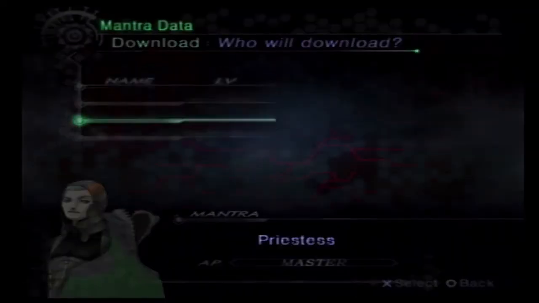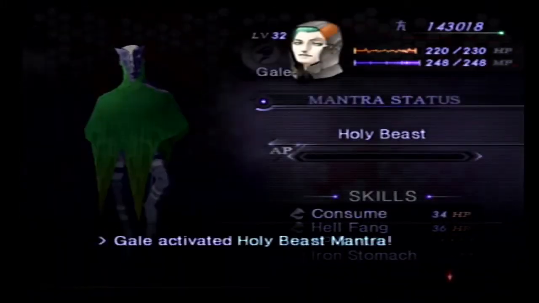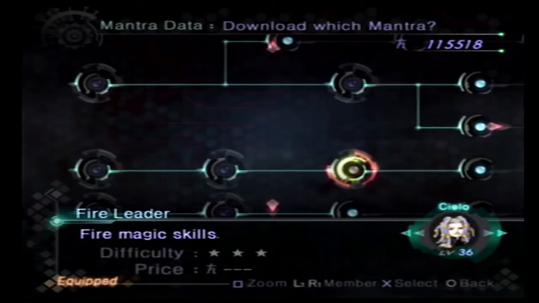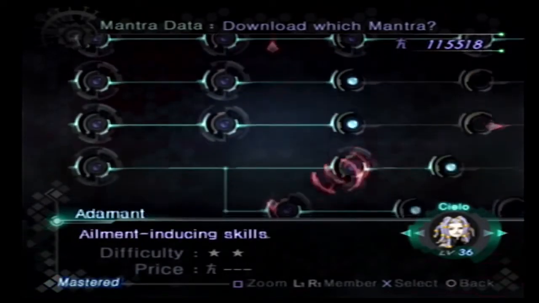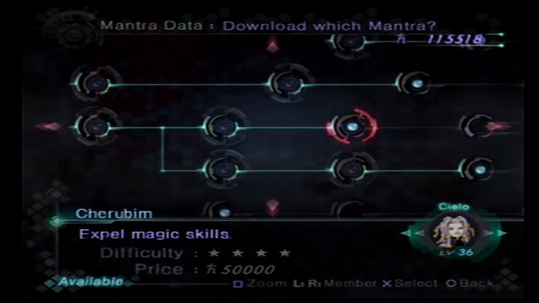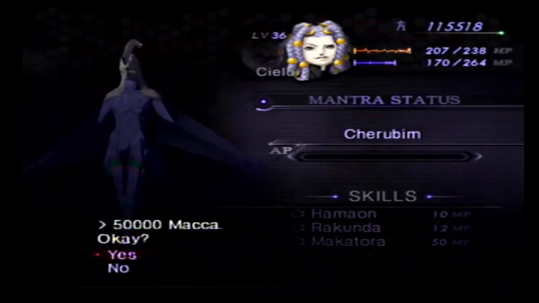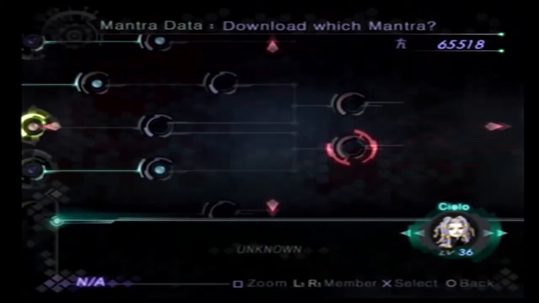Alright, so let's get some better mantras going. First off, Gale, let's work towards Holy Beast. Once we have that, we'll have 2 iron-stomached and AP divide capable hunters. Cielo, what we want to do is get you maxed out on Cherubim. The end goal is to get to this node right here, since this is the node that will allow us